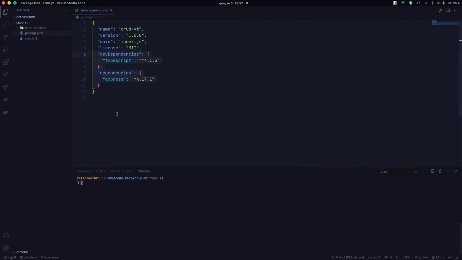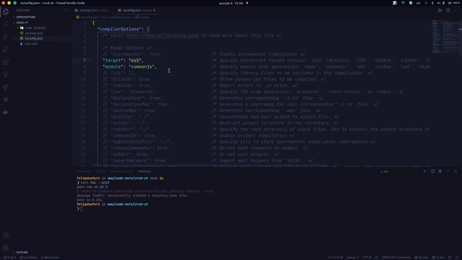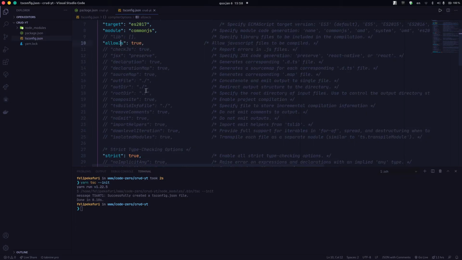and we're going to init our tsconfig file, which is a configuration file for TypeScript that we're going to be using here, and we're going to be changing some configurations over here. So we're going to change ES5 to ES2017. We're going to also allow JS. We're going to also allow those two options over here,